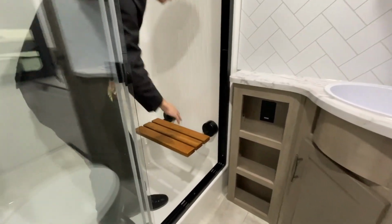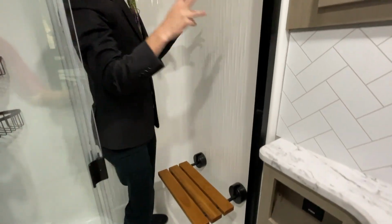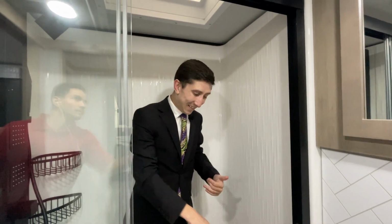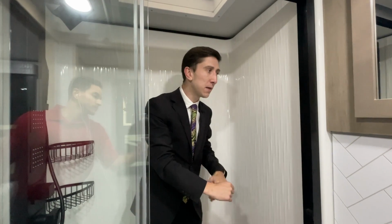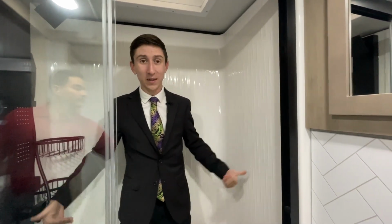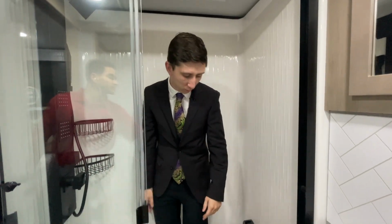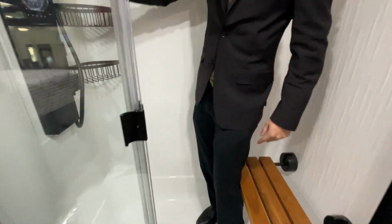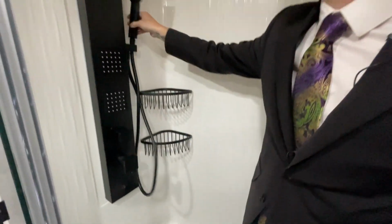Teak wood seat. Don't get fooled by those other brands that have tile shower when really it's just a plastic liner on the inside that has seals and seams that water can get in behind. This is a fiberglass shower. It is going to stay solid, keep moisture from getting underneath, and even if it does, it's got that 25-year warranty on that subfloor decking, remember, on the Momentums. But the teak wood seat, awesome little cubbies here, and 4 shower heads that actually put off great water pressure